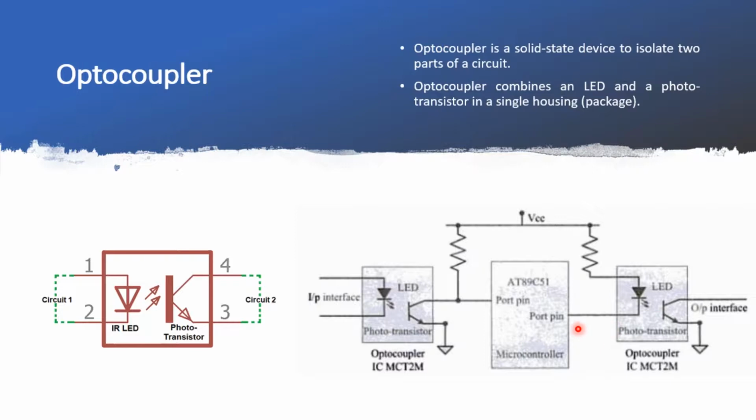So I have given here an example for a microcontroller. Pardon me, I have taken an Atmel 89C51 as an example. It doesn't matter, this is true for any microcontroller, any controller in that sense. I have a controller here. Any port operation will be done through an optocoupler, and any port operation at the output side, that is to the actuator, will also be done through an optocoupler. So this will make my brain system safer to operate.